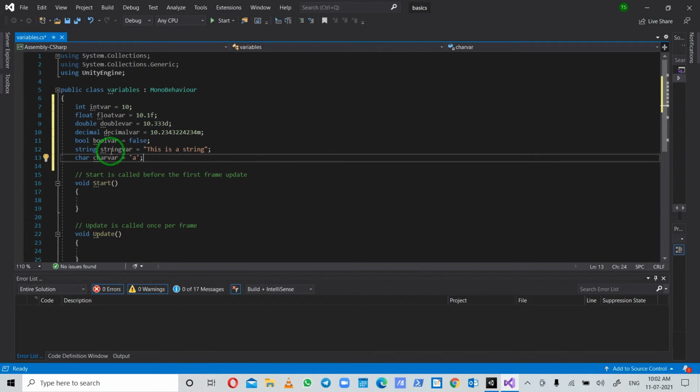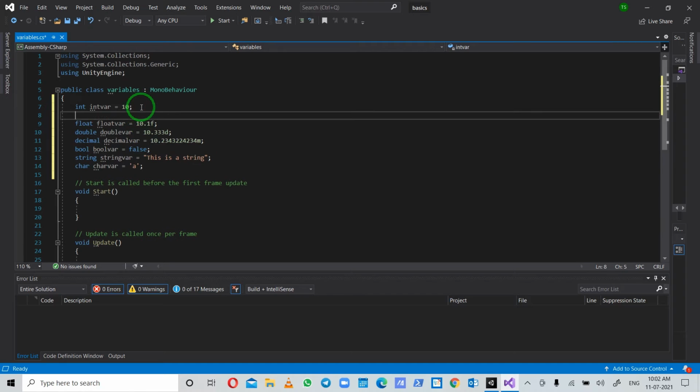Now that we know how to declare a variable and what the syntax of declaring a variable is, here we have declared a variable and then assigned a value to it. You can also do it like this: integer variable, let me give it a different name, another variable.